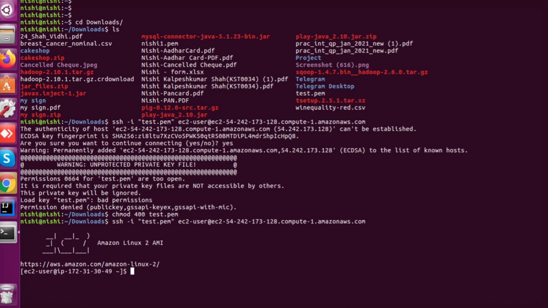Yeah, so successfully we are connected with the EC2 instance. Here you can create a folder, you can delete it, you can do anything. It's up to you. So this is how you can create an EC2 instance and connect to it through your terminal.